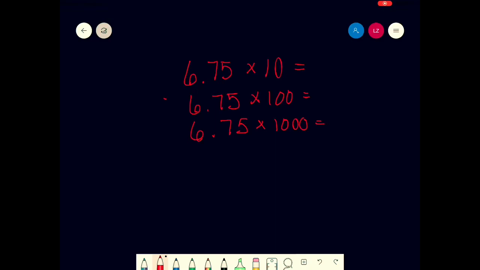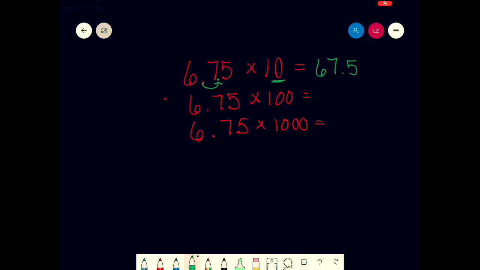Now, we can use mental math because we know when we multiply by a power of 10, all we're doing is moving that decimal point to the right, however many times there are zeros in one of our factors in that power of 10, right? So 6 and 75/100 times 10, there's 1 zero. All we're going to do is take that decimal point and move it over 1. It's right here. So that our answer is,